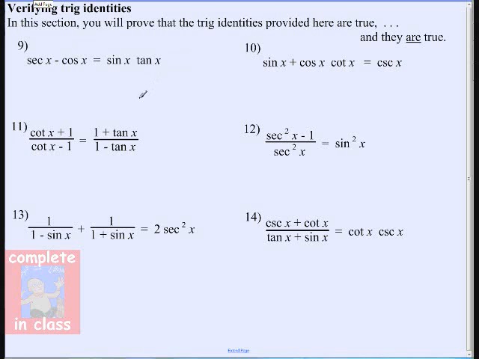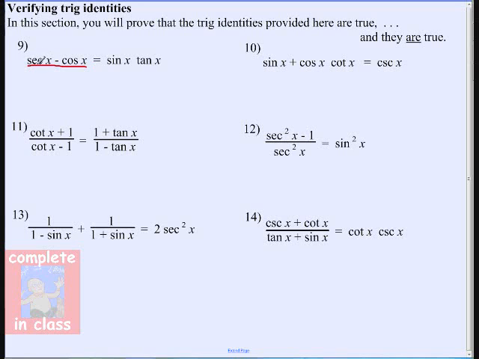Here are some trig identities for us to work on. I'm going to just do one. I'm going to keep this lesson really short. I'm just going to do one, and then we'll see how you fare with the others back in class. So let's demonstrate this. I think I'll work on this side. And I want to get over, this is adding a negative, and this is multiplying. So